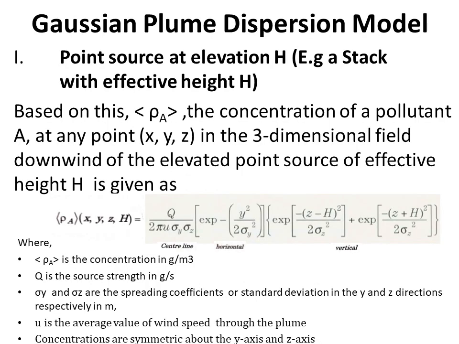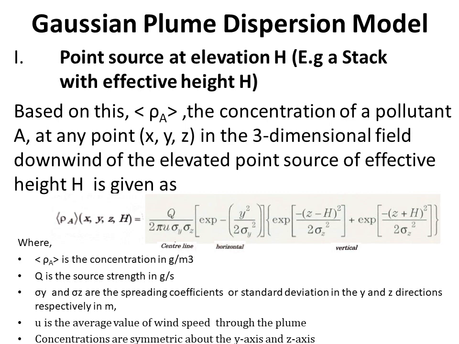Now let's see the Gaussian plume dispersion model. Assume that there is a point source such as a stack which is emitting a pollutant continuously into the atmosphere, and let the effective height of the stack be capital H. Based on this, rho A represents the concentration of a pollutant A at any point x, y, z in the three-dimensional field downwind